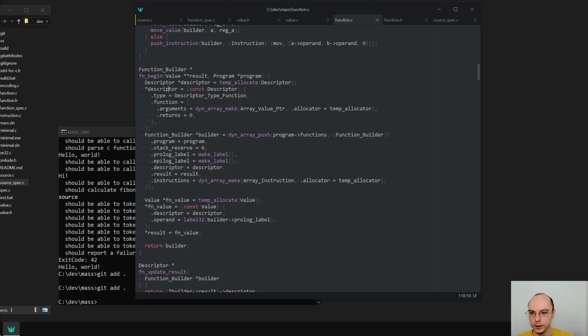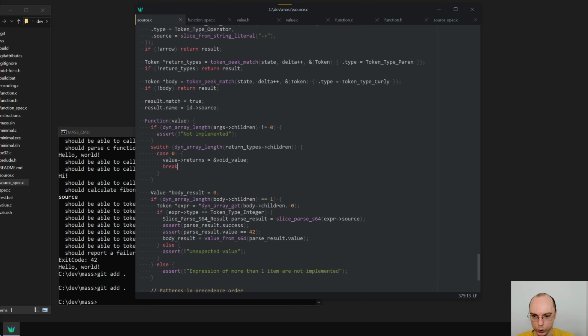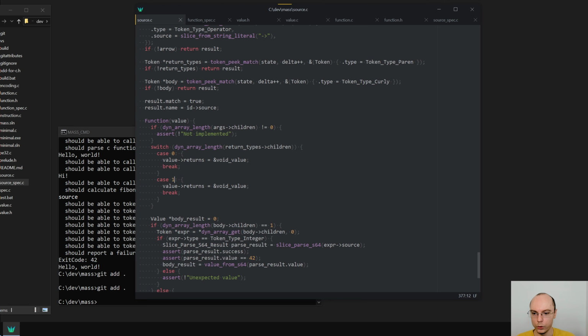Do I modify the builder or do I modify the value? Actually, it doesn't matter. They're both pointing to the same descriptor, so I could totally modify the value. And I say value returns is void, value break. Okay. If it is 1,